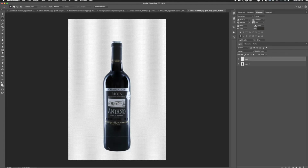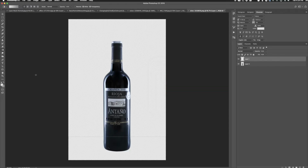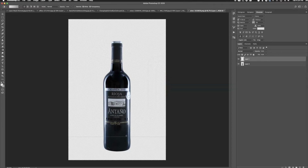And now we'll get our gradient tool over here. And as you can see here, the foreground color is, again, like around a 10 or 20% gray area here. And then my background color is a tad bit darker, so I'm going to get it right around this area. And I'm going to click OK. I'm going to click below the selection and drag up. And what that's going to do is give me a darker section at the top and a lighter section at the bottom. Now, I kind of think this one is a little bit too dark up here,